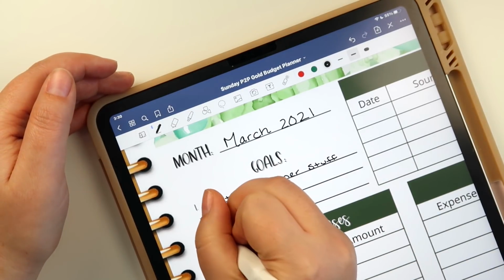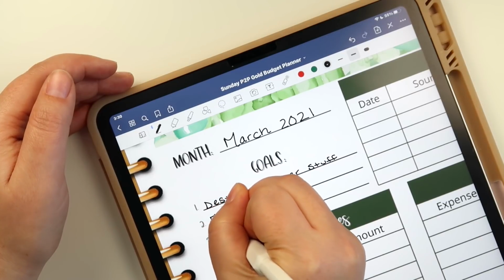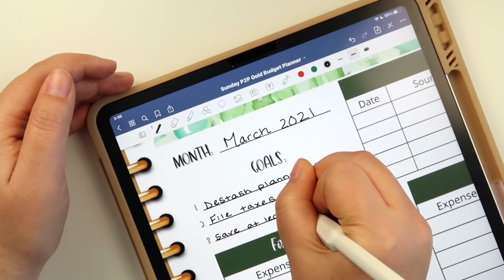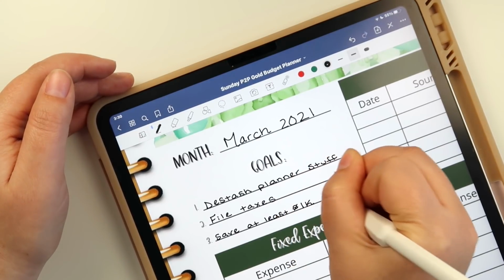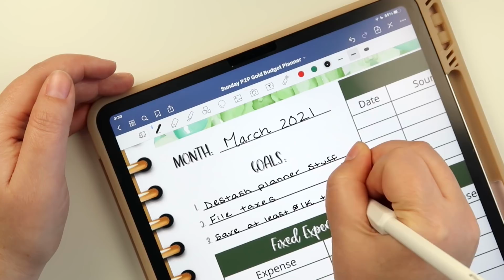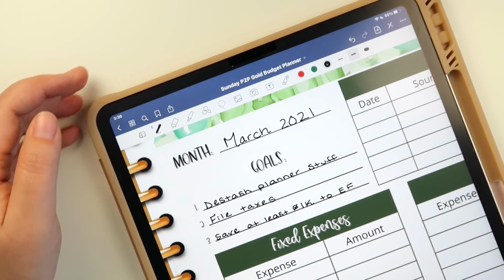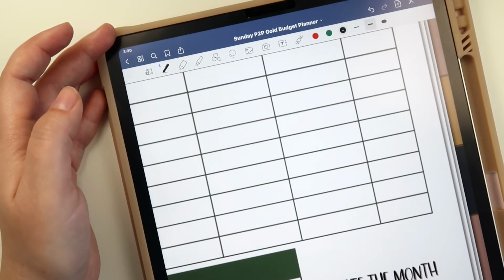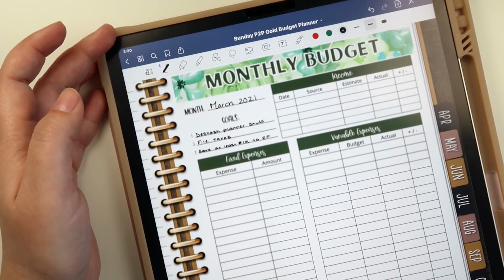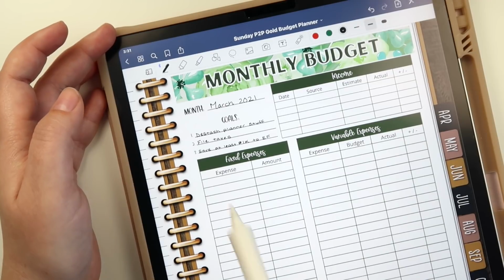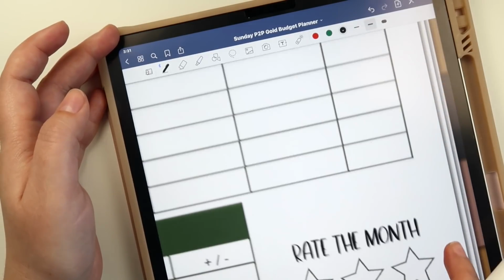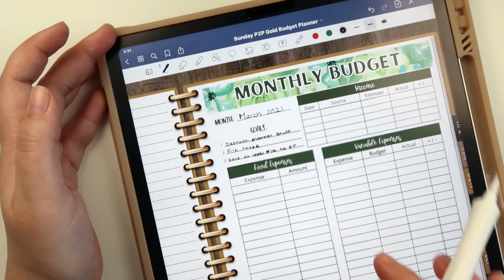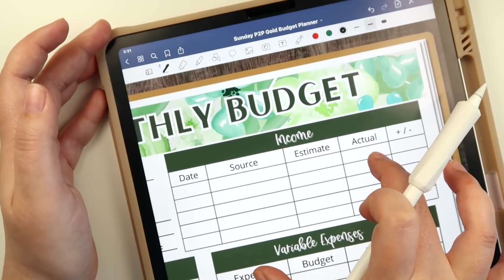And then we want to save at least $1,000 to our emergency fund. So those are our goals for the month. And that's what I like to use to gauge rating the month too, is not only just how much we were under or over, but also our goals. So at the end of the month in my results video, you guys will see me rate the month and everything. Okay, so as far as income is concerned,